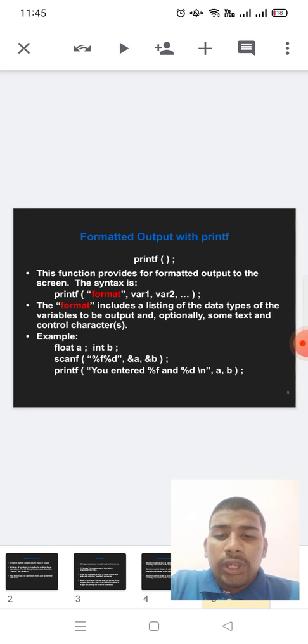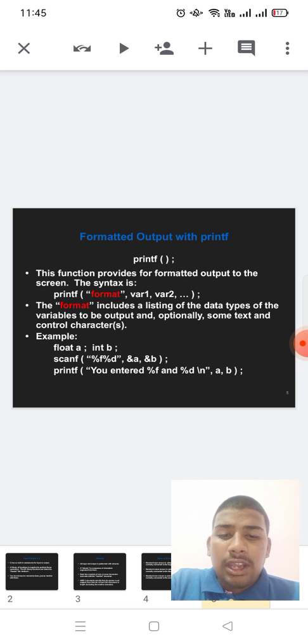Example: float a; int b; scanf("%f %d", &a, &b); printf("You entered %f and %d\n", a, b);